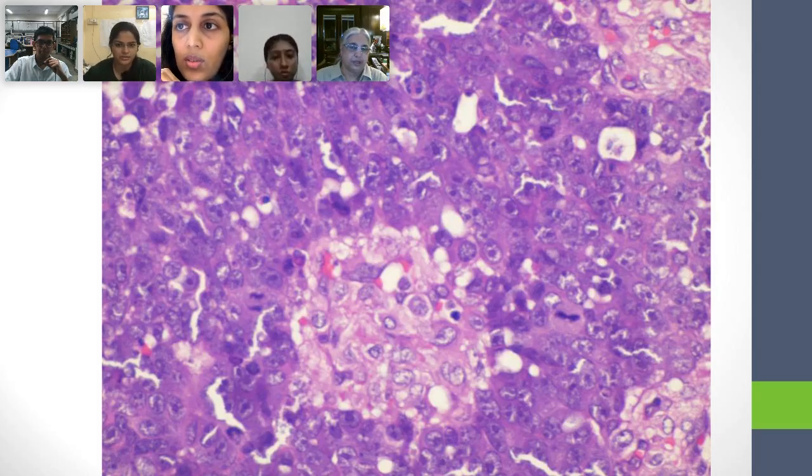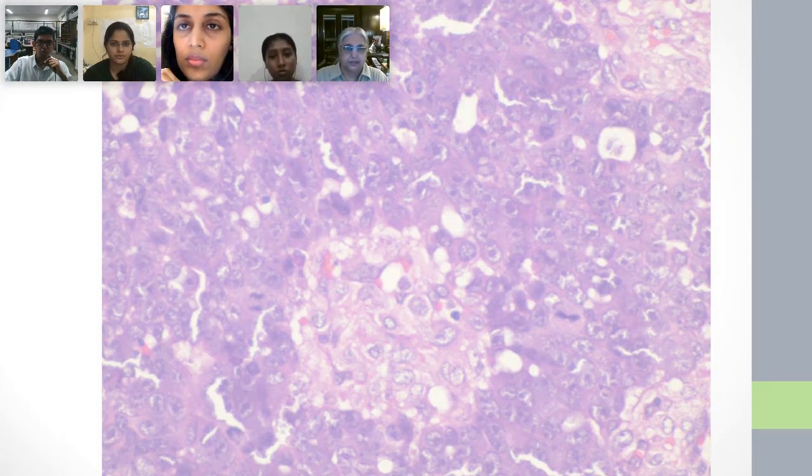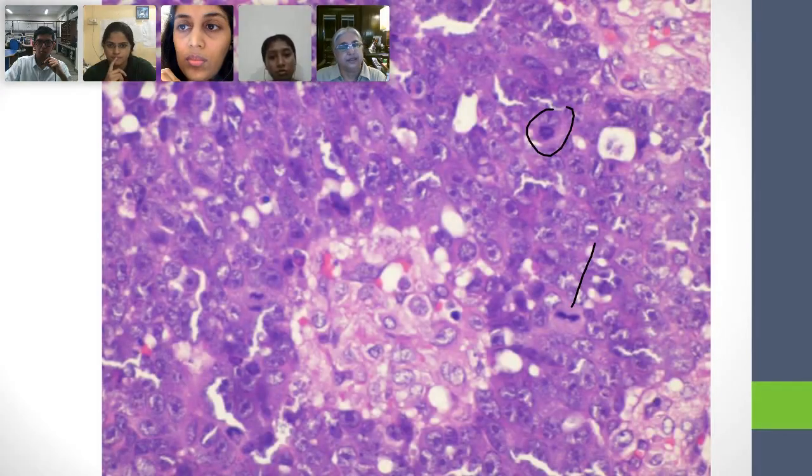Two mitotic figures. You think this is one mitotic figure here. Yes, here is a mitotic figure, right? Yes, ma'am, and you've marked a mitotic figure. Very good. How do you know that they are mitoses? The nuclear material is seen going towards the poles. So that means that the cell is getting divided. It is in the process of division. Only the nuclear material is driven towards the poles.